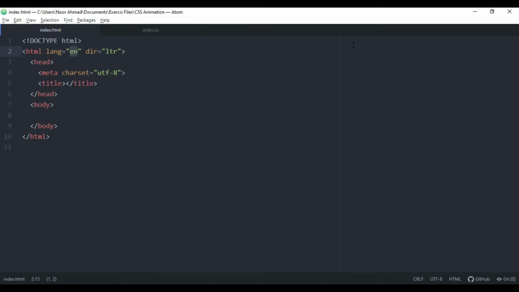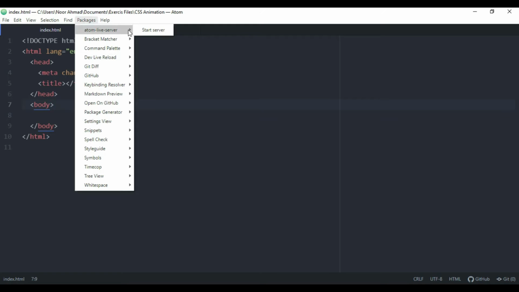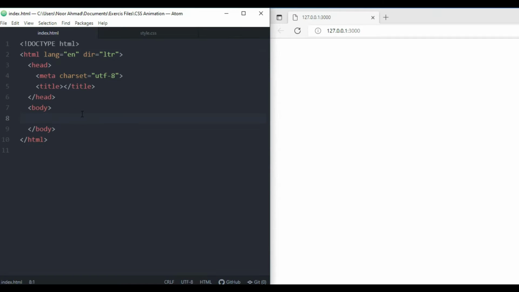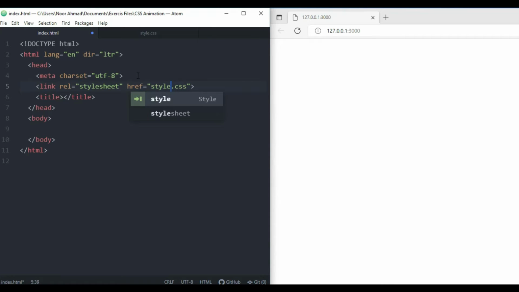So as you can see, I've created a new project, and now we're going to create this animation from scratch. So let me start a live server. Yeah, here we go. Alright, so now what we're going to do first is connect our CSS file. After this, inside the body element, I'm going to create a div with